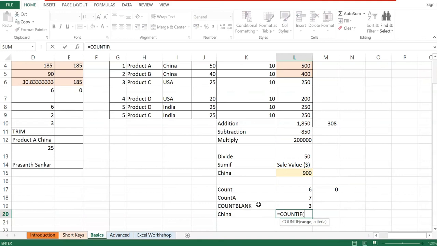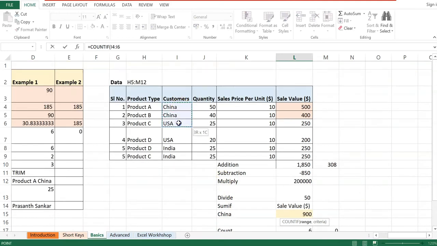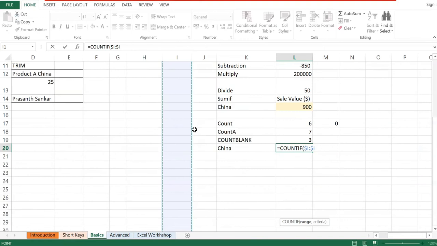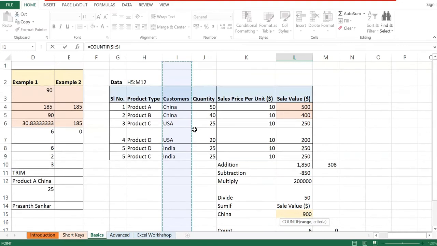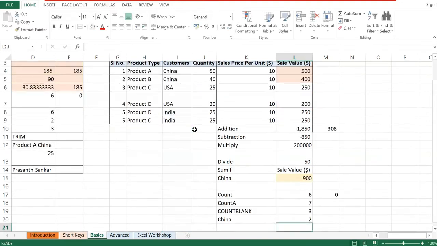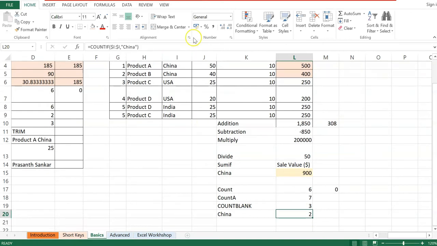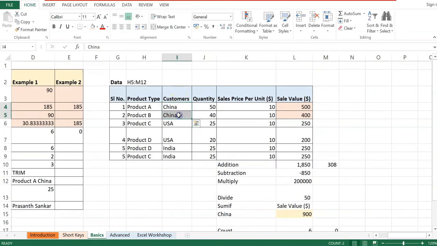So COUNTIF, select the range. So here I can select the entire column as well. So I'm going to select the entire column, and always remember to freeze it if I don't want the column to move, and if I'm copying the formula to multiple columns or multiple rows, I don't want it to move. So I have frozen the particular column. Now what is my criteria? My criteria is China. So as you can see, China is appearing twice in that column,